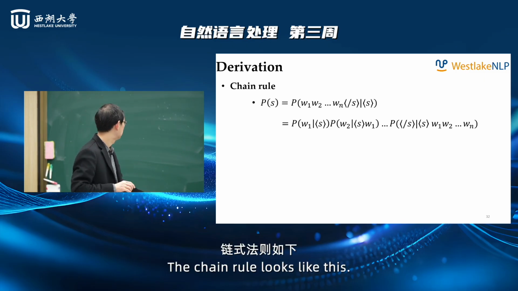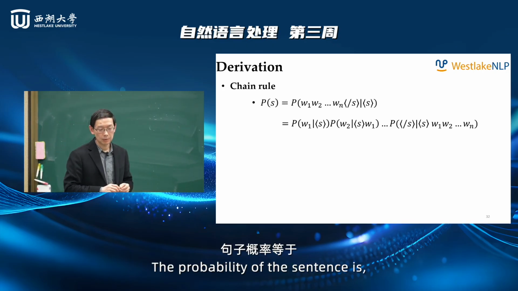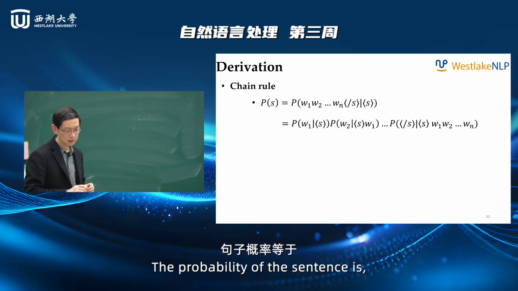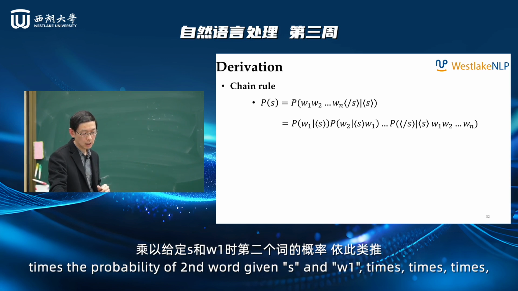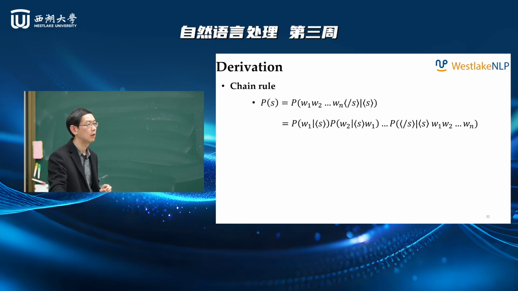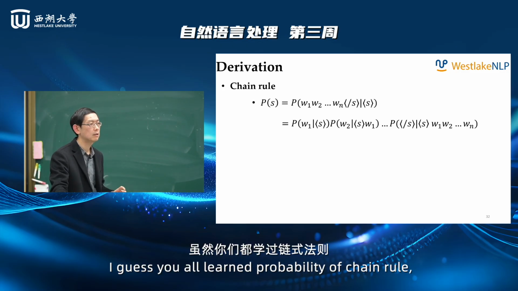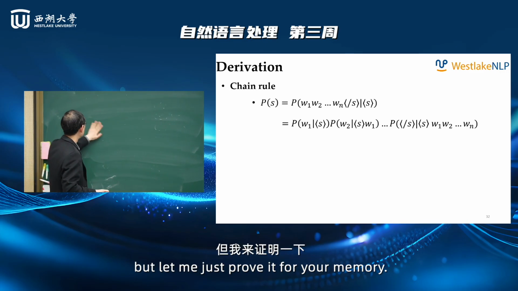The chain rule looks like this. The probability of the sentence is the probability of the first word given <S>, times the probability of the second word given <S> and W1, and so on, until the probability of </S> given <S> through Wn. So this is called the chain rule. Why is that so? I guess you all learned the probability chain rule, but let me just prove it